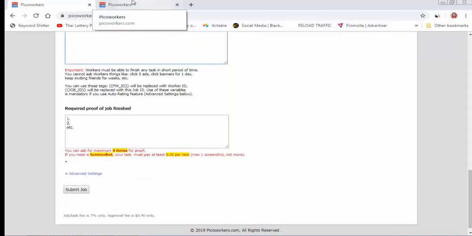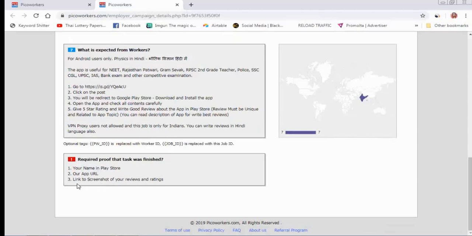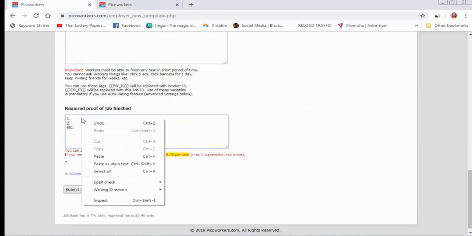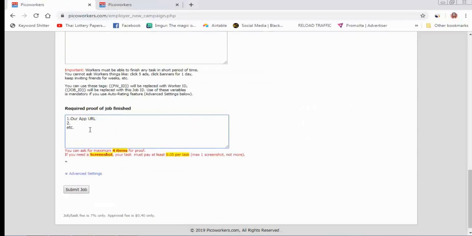What proof do you need? Your name in the Play Store you don't need. Over the application URL, you can get this, and a link of a screenshot you can get over the application URL. First, this proof you can check: are these people going to your application or to another application? Maybe they are going to the wrong application and installing it. So you can check your application URL here and send a screenshot